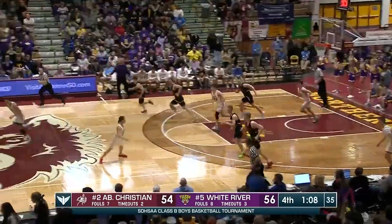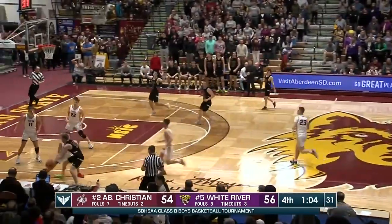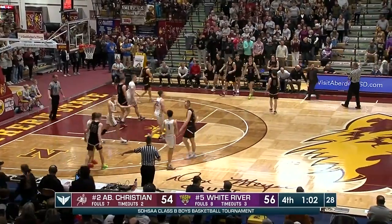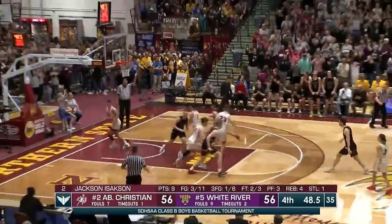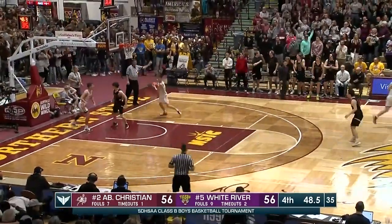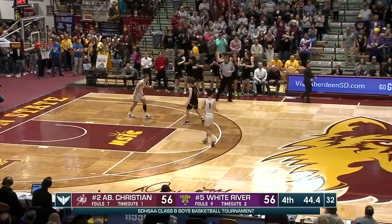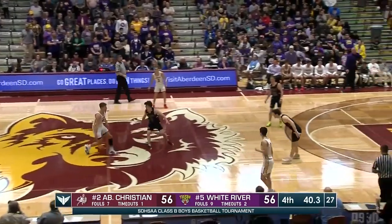In trouble, went up in the air, nowhere to go, and it was knocked away and stolen by Aberdeen Christian. Four minutes to go. Weaker, and we're going to get a quick timeout here. The second free throw is good by Isaacson, and we're all even at 56 with 45 seconds to play. White River with 30 on the shot clock will have to give it up or take the shot